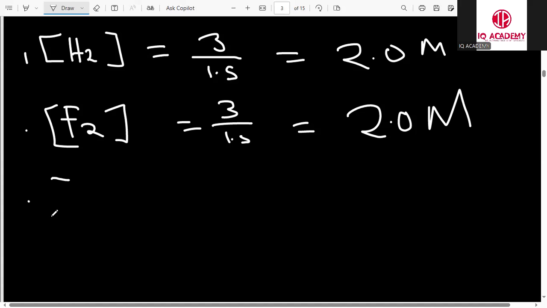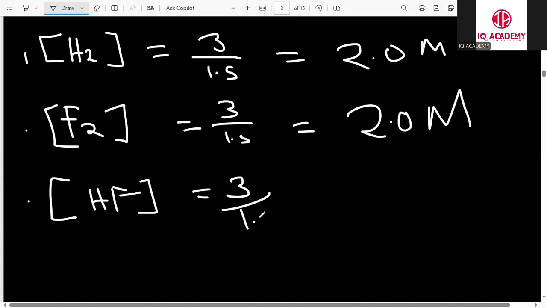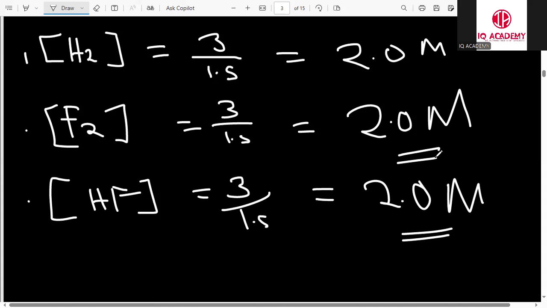And then the other one now is hydrogen fluoride. So for hydrogen fluoride, we also have 3 moles of it dissolved in a 1.5 liter container. So we have 2.0 molar. So these concentrations that we found here, they are our initial concentrations. Okay, so now for us to draw the ICE table, we have to come up with a